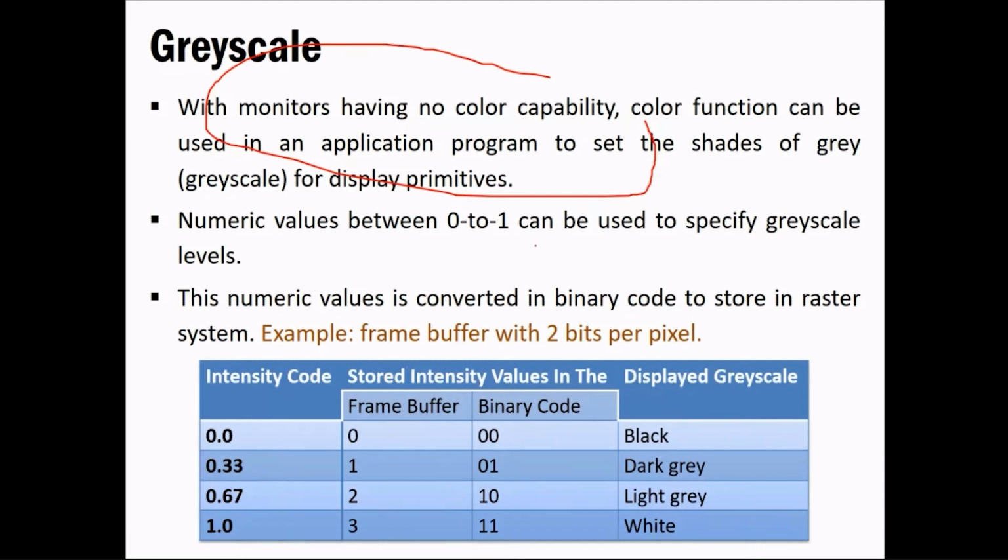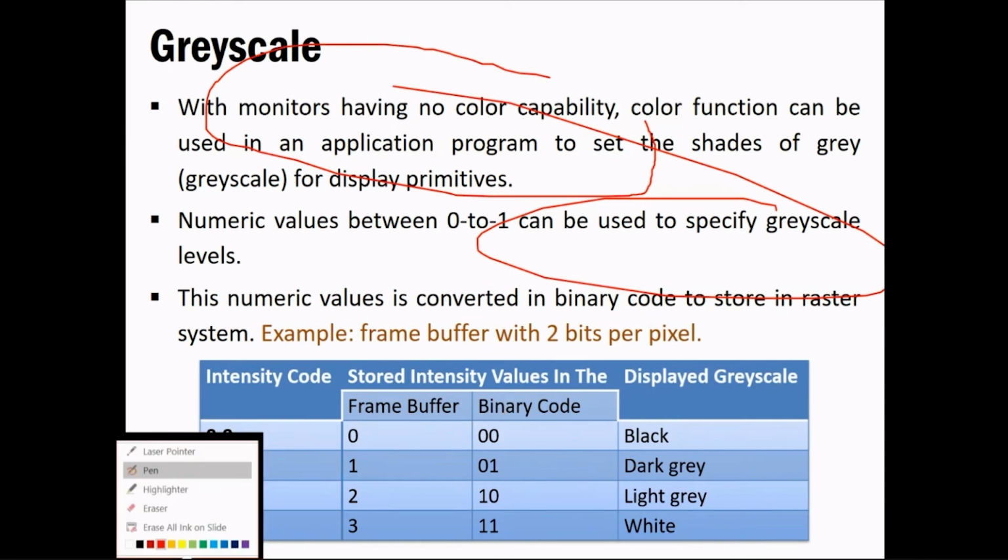A numeric value between 0 and 1 can be used to specify grayscale levels. But obviously we'll have different ranges of intensities, as we already know. Whenever we deal with color, or with any image, you have different intensity values. You have numeric values that you are storing in some table or in some matrix. A similar thing is what you are doing in TensorFlow also. TensorFlow stores this in a kind of array, and at the end you get something out of it. But that is a different thing, not at all related to this.